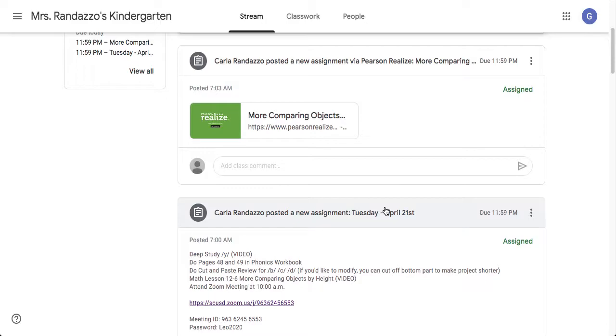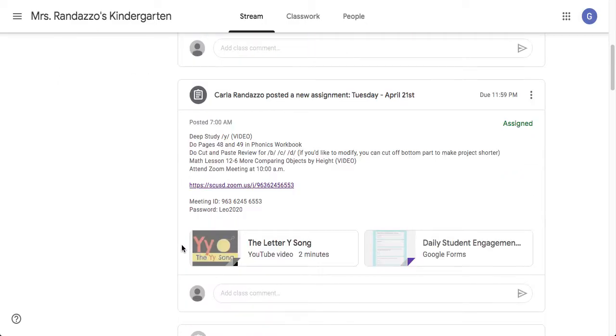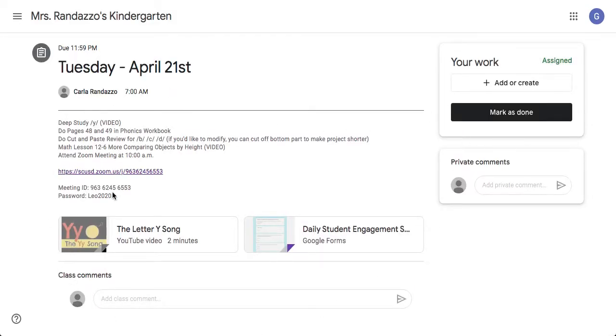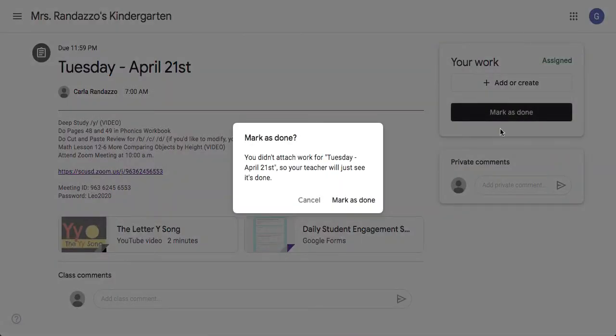And then what you want to do is, if you're looking at an assignment, you see this box, it's marked, it's a separate assignment. So you click on this line right here, and you will see it changes colors. You can either click on the words. For easier explanation, just click on this little clipboard here, and it takes you to a new window of just this assignment. And you see right here on the right, it says mark as done. So you just mark it as done,